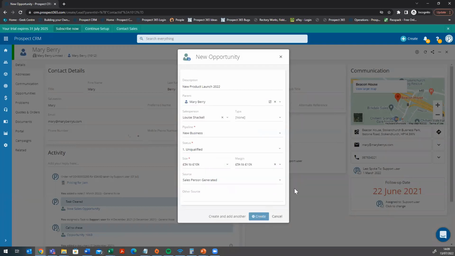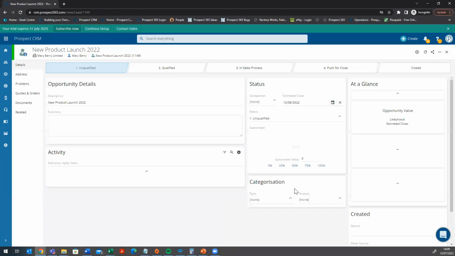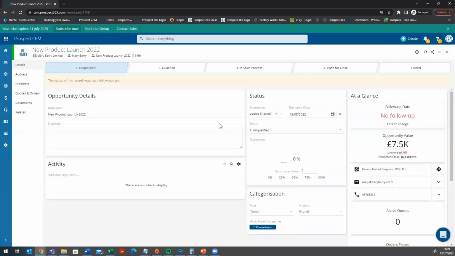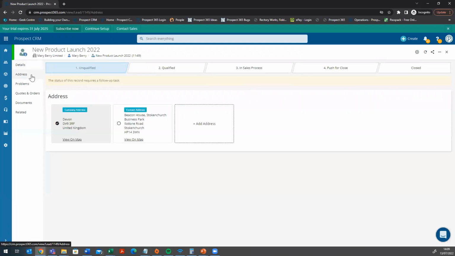So now I'm going to go ahead and create that record, and that's going to open up the opportunity record screen for us. So you can see just down the side here, we've got some actionable tabs which store, so it will automatically pull through the company address, and you might have multiple delivery addresses on there as well. You can log problems against